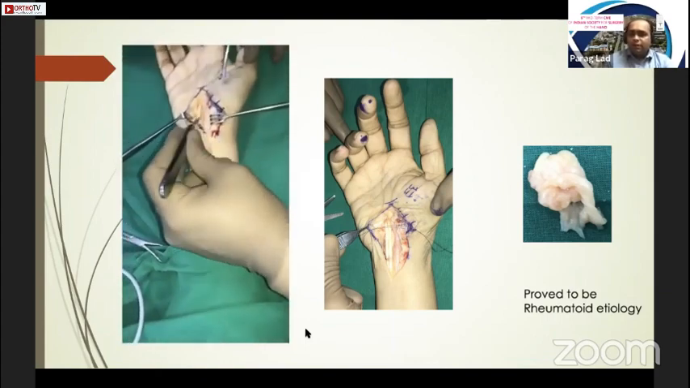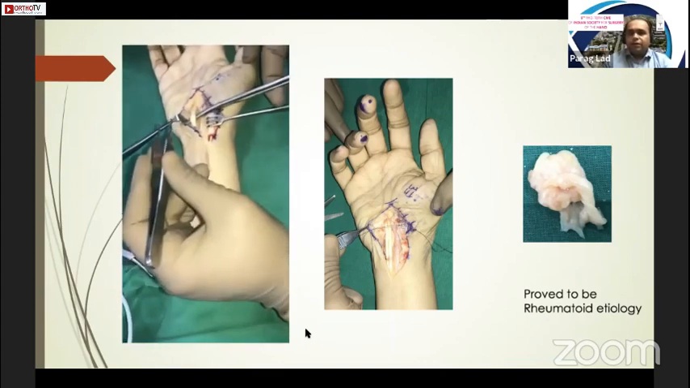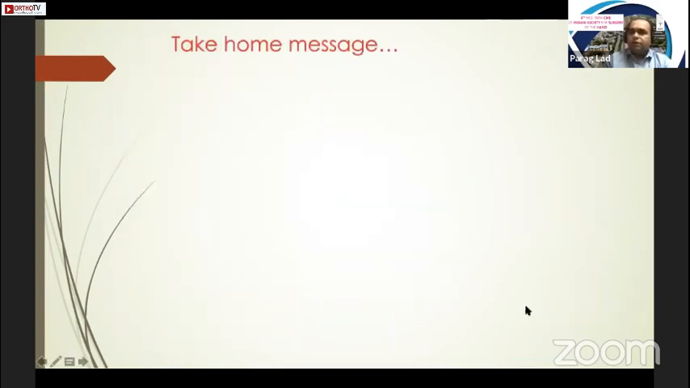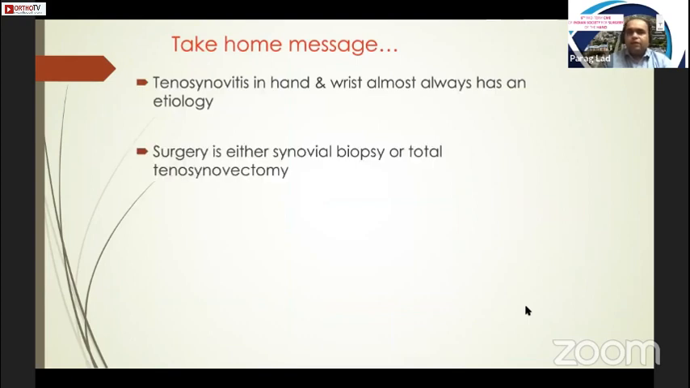And to my surprise, when I sent this for biopsy, it turned out to be rheumatoid etiology. Pre-op diagnosis, it was not there. The take-home message is that in tenosynovitis of the hand and wrist, try to find out the etiology. Surgery is for not only synovial biopsy, but sometimes the total synovectomy definitely relieves the pain